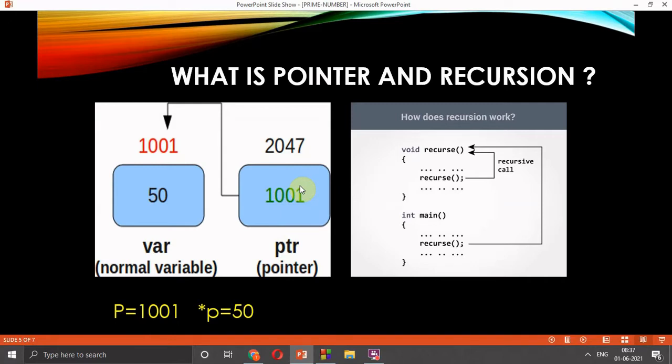The value stored at this address is 50, so the answer of *p is 50. And if we refer to p only, it will give the value stored at the pointer location, which is the address 1001. Okay, so now let's start our program.